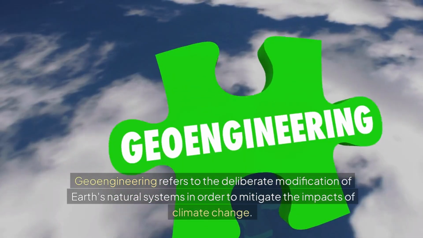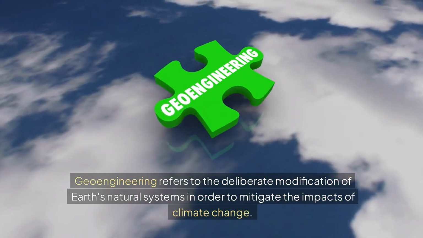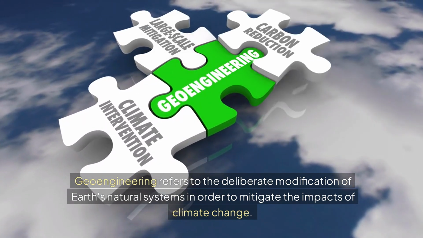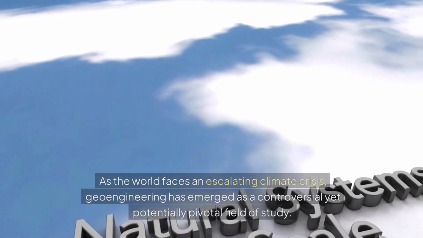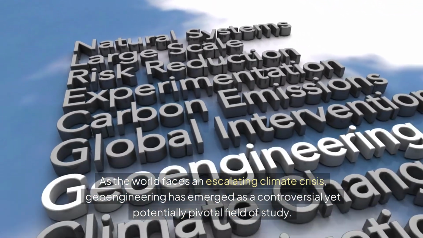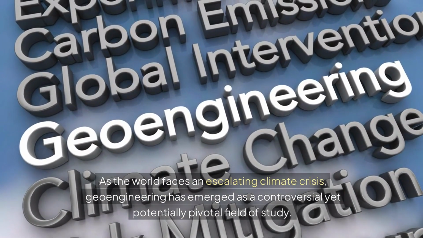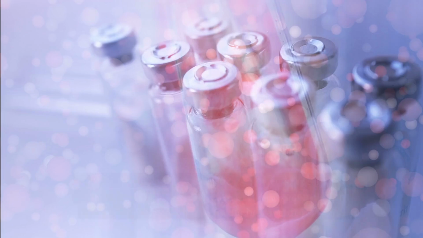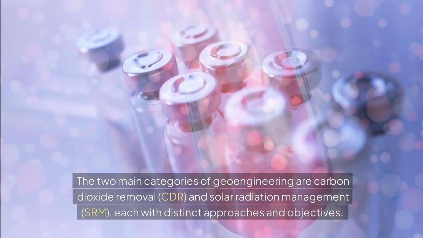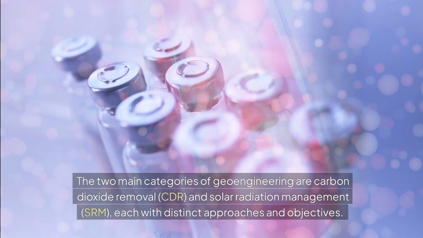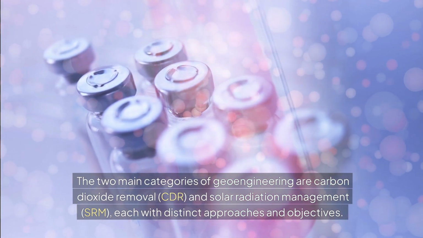Introduction. Geoengineering refers to the deliberate modification of Earth's natural systems in order to mitigate the impacts of climate change. As the world faces an escalating climate crisis, geoengineering has emerged as a controversial yet potentially pivotal field of study. The two main categories of geoengineering are carbon dioxide removal, CDR, and solar radiation management, SRM, each with distinct approaches